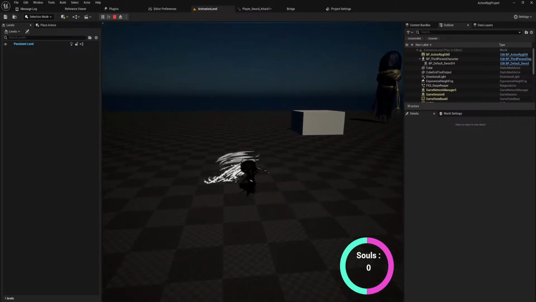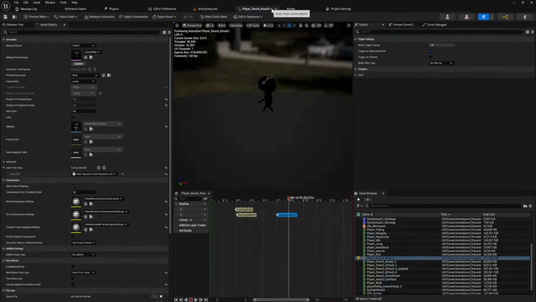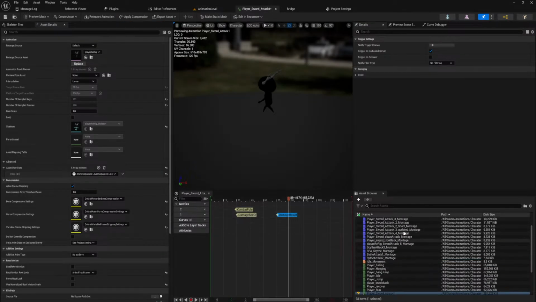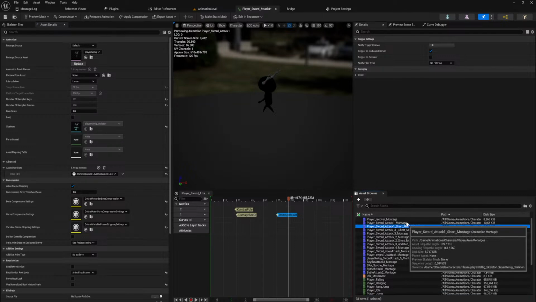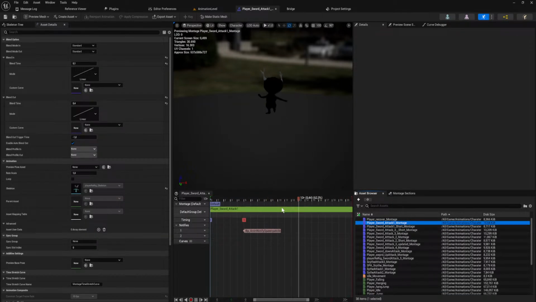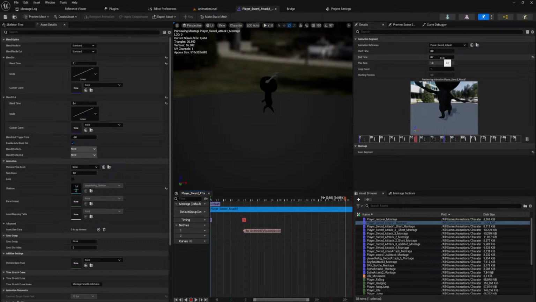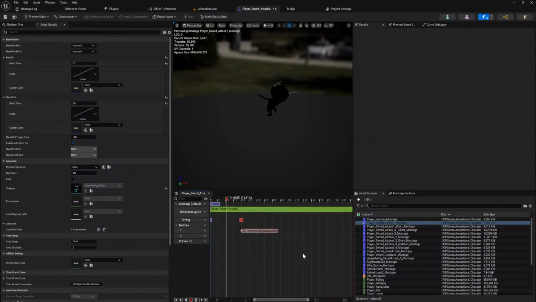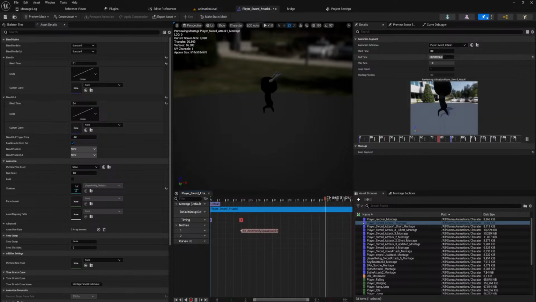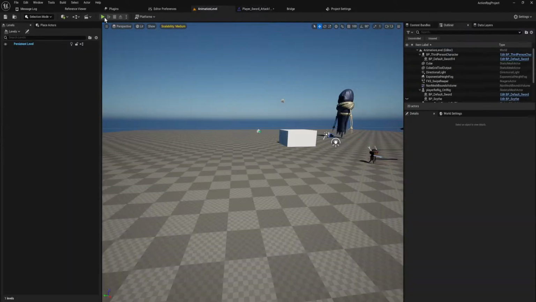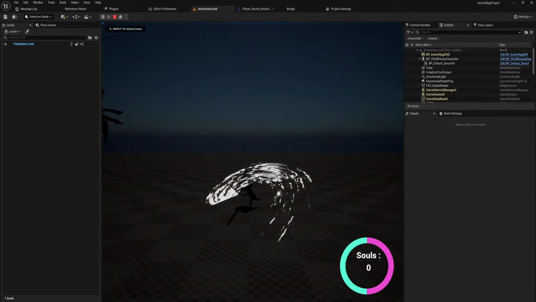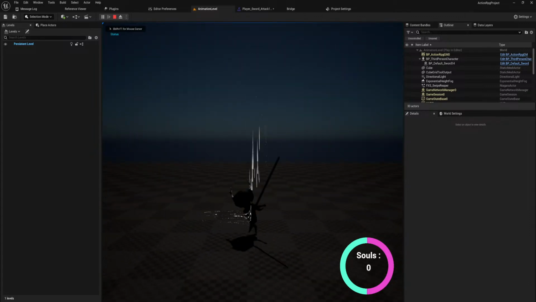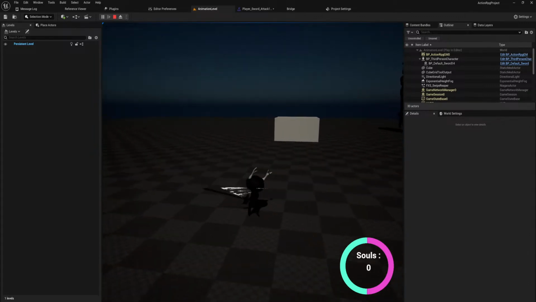But I do think that the swing itself does feel more satisfying. And the end time just needs to be extended a little bit as well now. Maybe even a little bit more. Yeah, that is an improvement.